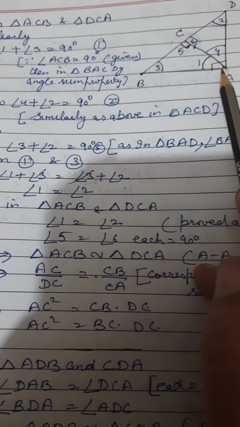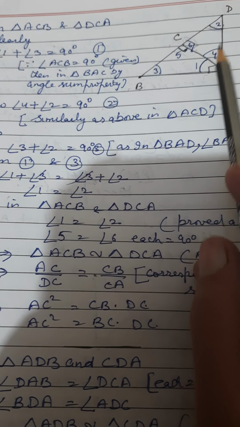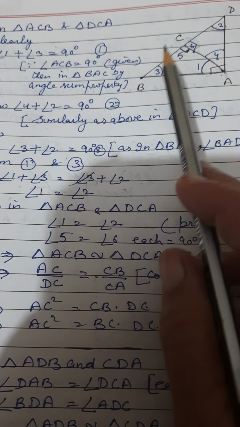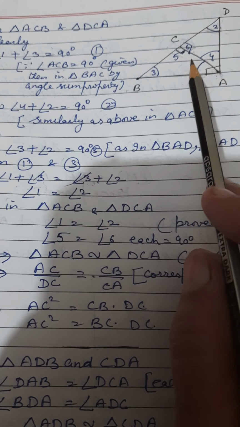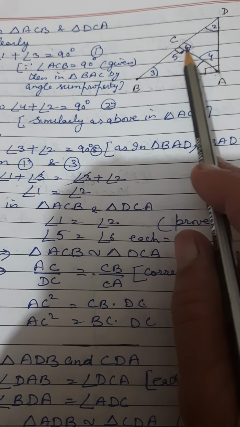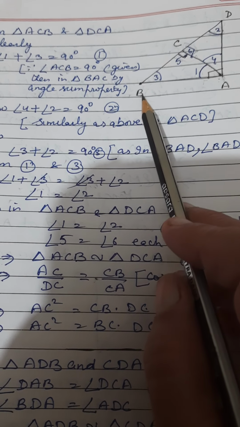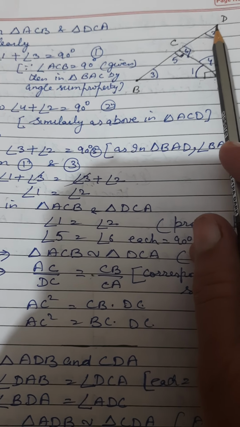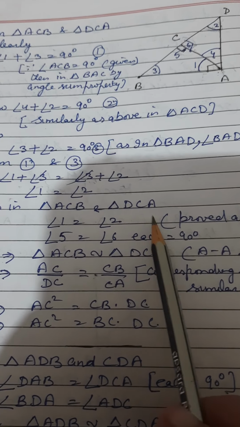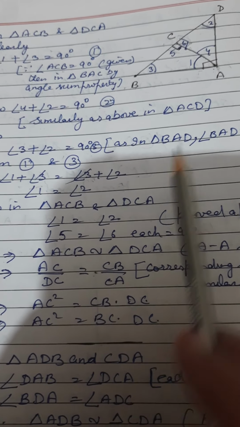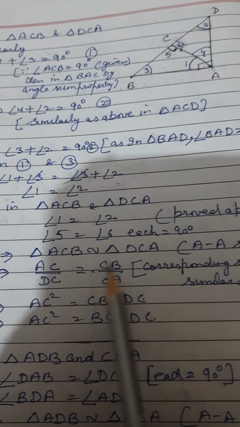In triangle ACB, A is corresponding to point D and C is corresponding to point C. If we take ACB and then DCA, angle 1 is equal to angle 2, angle 5 is equal to angle 6, then these triangles are